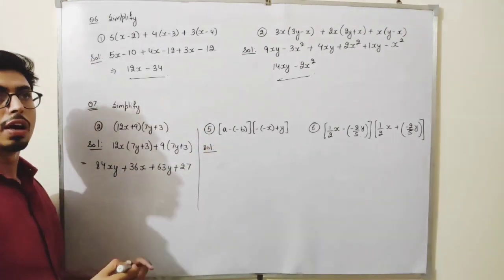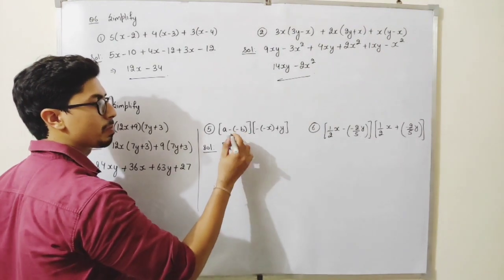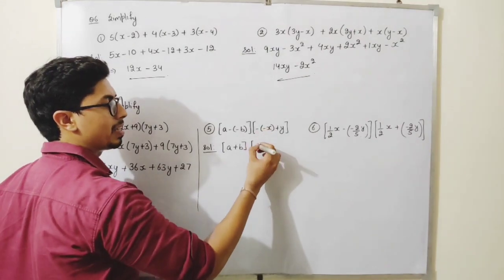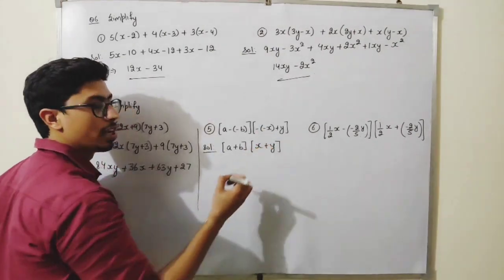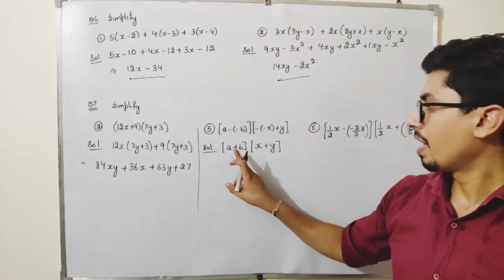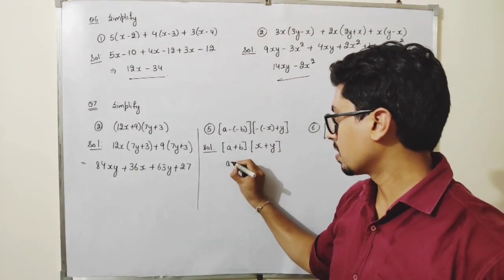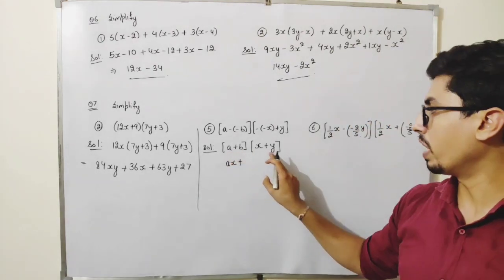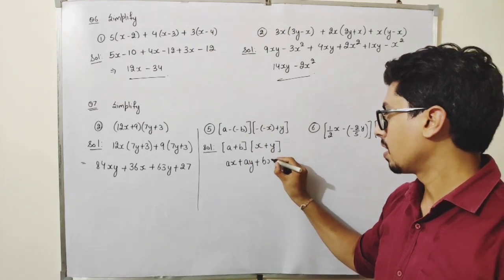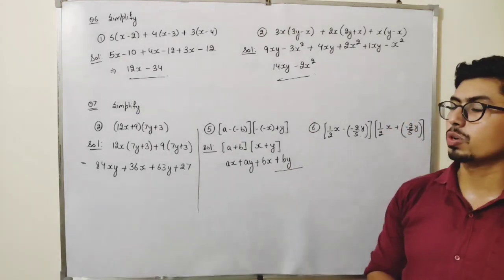Okay. Now see, in this part, students, minus minus is plus, so it will be a plus b, and minus minus is plus, so this will be x plus y. So if I just simplify them, students, how can I write them? See, a will be multiplied by both these numbers. So a into x is ax plus a into y is ay. B into x is bx plus b into y is by. All of them are different, so this is our required answer.